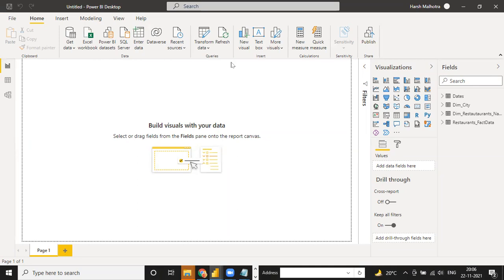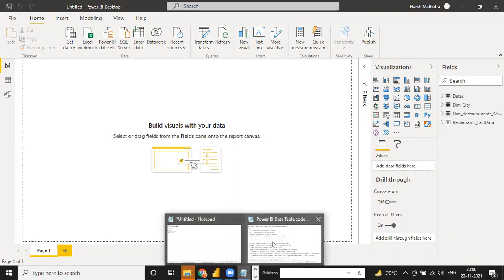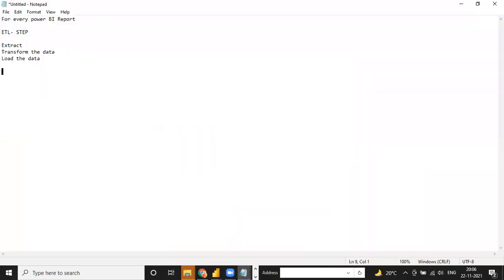So now our first step is done, which is named as, I'm going to write it here as ETL tool, and this step one is extract, transform, and load. This step is done. Now guys, the second step is the relationship model. Relationship model, and the third step is we have to make some DAX calculation or DAX measure, calculation of column if you need any further column in our data.